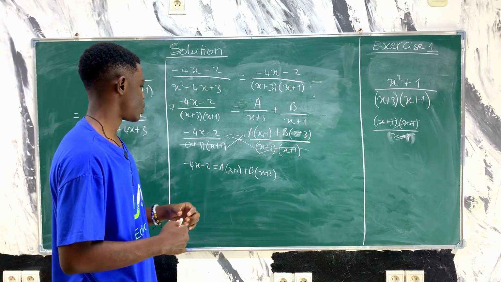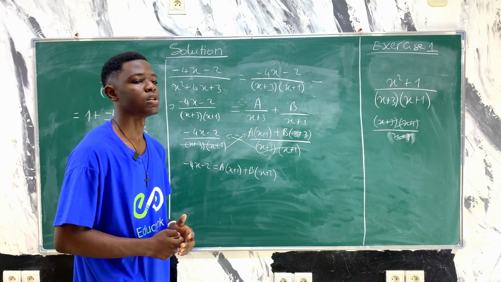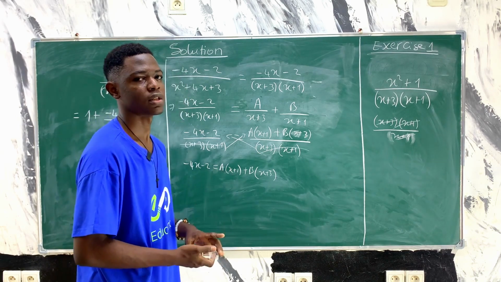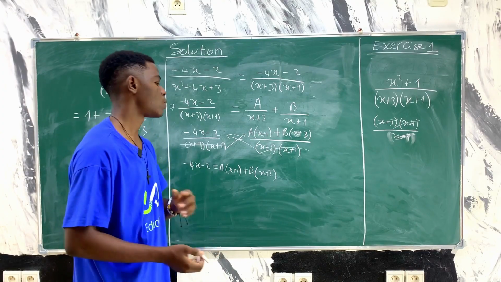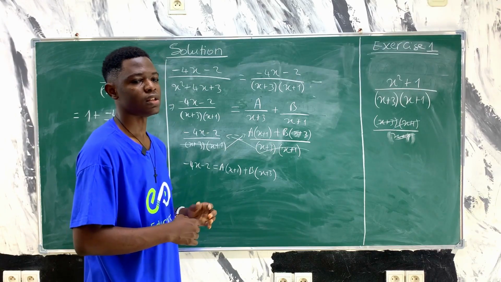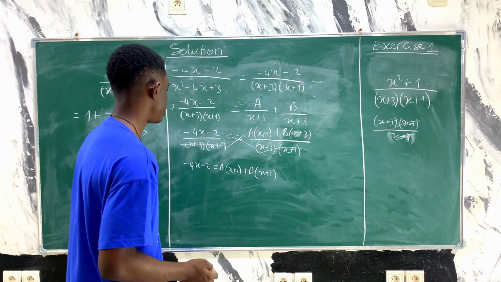So that's what we are going to have. From here, we can continue using any of the two methods. The first method is to expand and compare coefficients. The second method is to substitute values. Here, any method can be easy. Any method is easier. So I will choose to